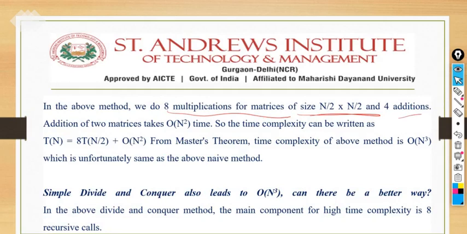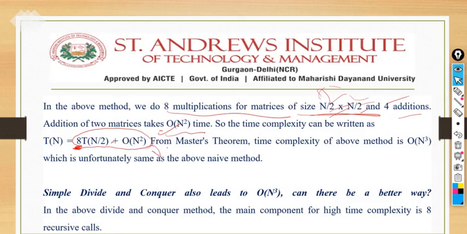So n by 2 gives what? n square, of course. The 4 and 2 are constant values, so we take n square here. You can also solve it with a recurrence tree or the substitution method. So order of n square is the time complexity of the additions here up to now. The time complexity of the divide and conquer approach can be written with this statement: 8 times, as we know it is repeating, T of n by 2 plus order of n square. That will come here.